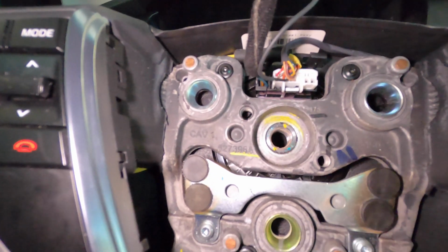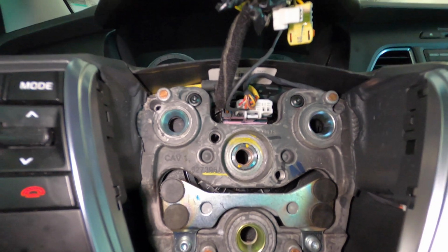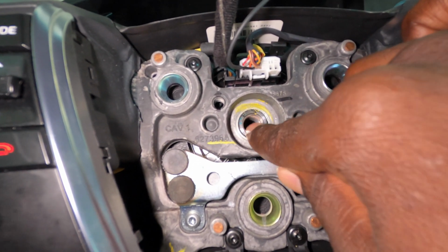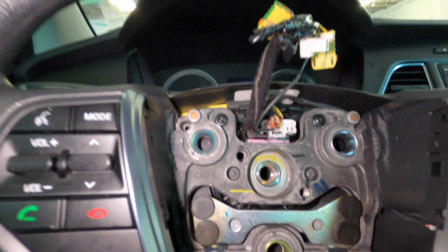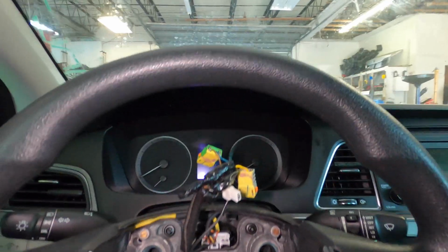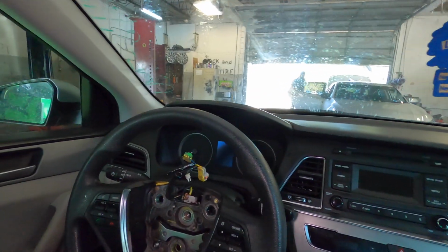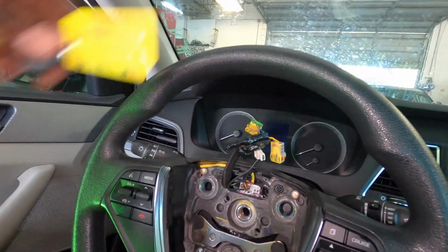So to save yourself from needing an alignment, I would say you get a marker or something and mark it. Right here we have a dot, so you want to put the dot somewhere right here, and it will save you from going for an alignment trip after you replace your clock spring. Because once you take the steering wheel off, it will need alignment if you don't put it back straight. And to avoid all that, you just have to mark that part right there. Okay guys,